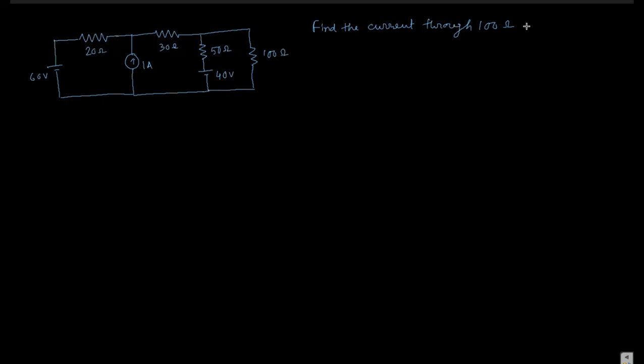Or I shall solve. I am giving you 10 or 5 minutes. Just give me the first equation. You can consider this as V1, that is node 1, and in node 1 the voltage drop is V1, and this is node 2, voltage drop across this node 2 is V2. Now tell me the equation for this node.